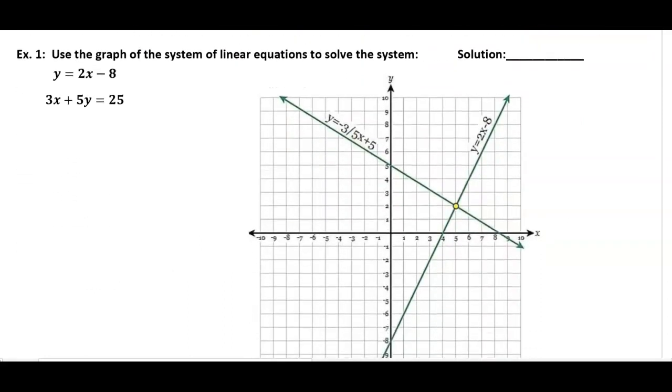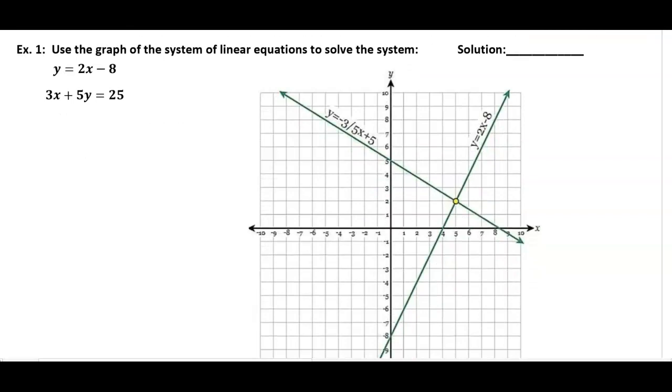So now, if we look at it, here they're giving you a system of linear equations, and they give you the graph of the linear functions. So basically they say, graph this function, which is this line here. Then they said, all right, let's go ahead and graph this line here, which is that. Now, what is the solution, or what is the ordered pair that would make both of these equations true? And if you look, that solution will exist at the intersection of the two lines, which happens to be the